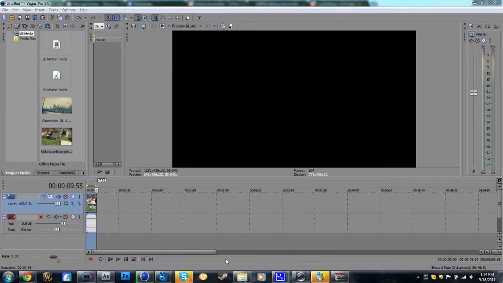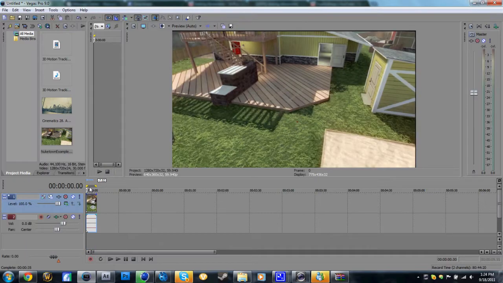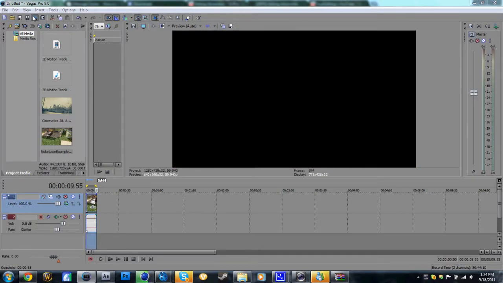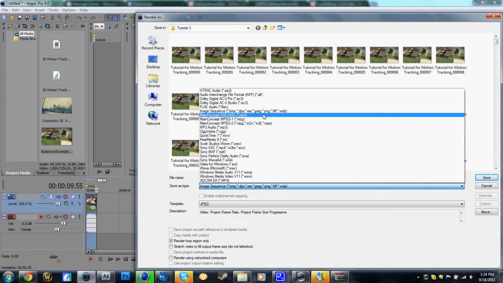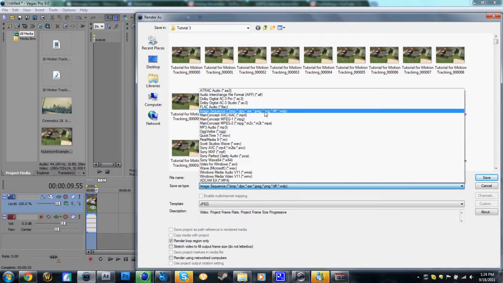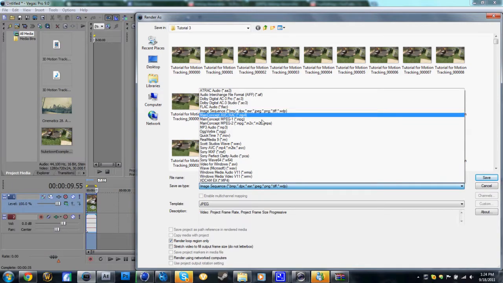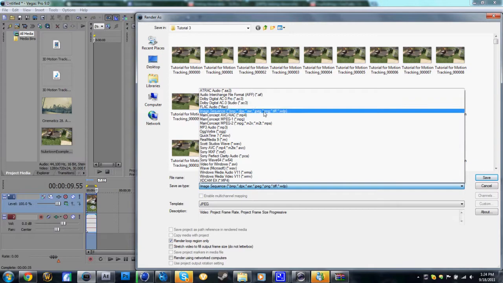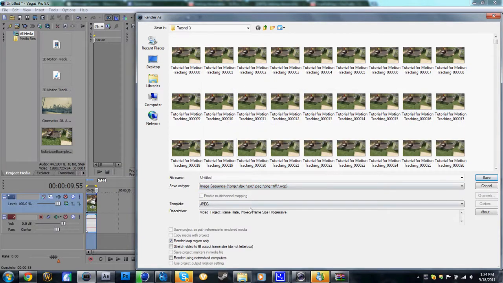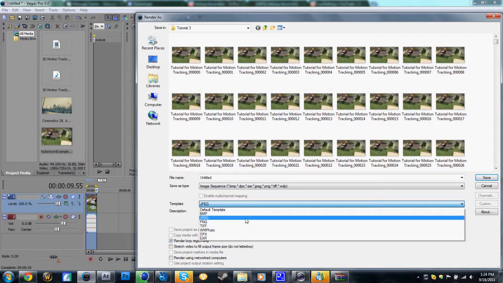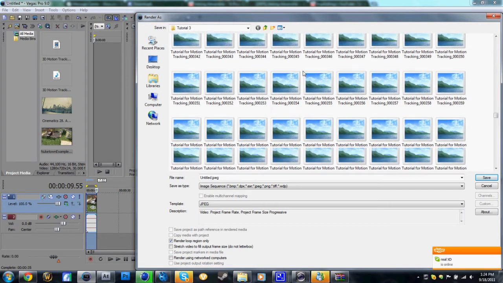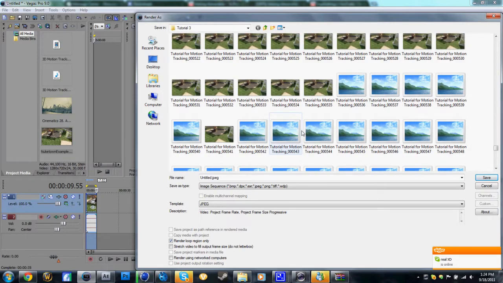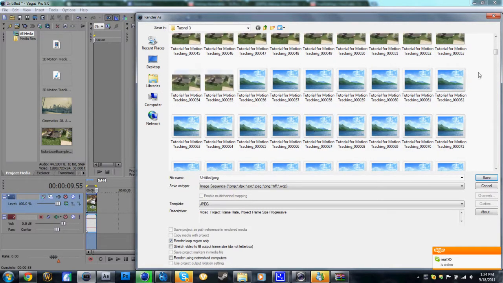Anyway, so you're going to take this and render it out, your cinematic. But when you render it out, render it as an image sequence instead of like MP4, MOV, or WMV or anything. Render it as an image sequence and the template as JPEG. And I already did it here, as you can see, so I won't do it again. But it uses a picture for each frame,